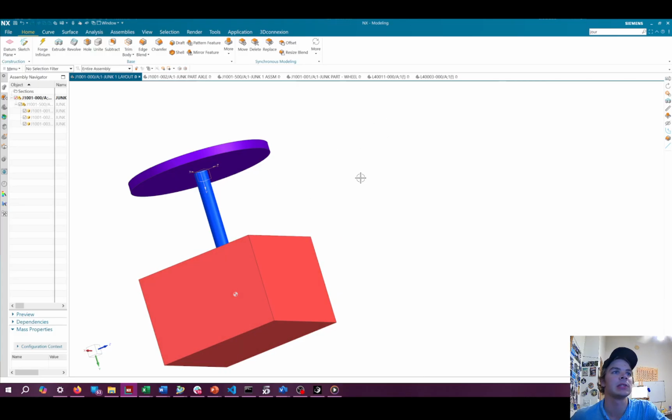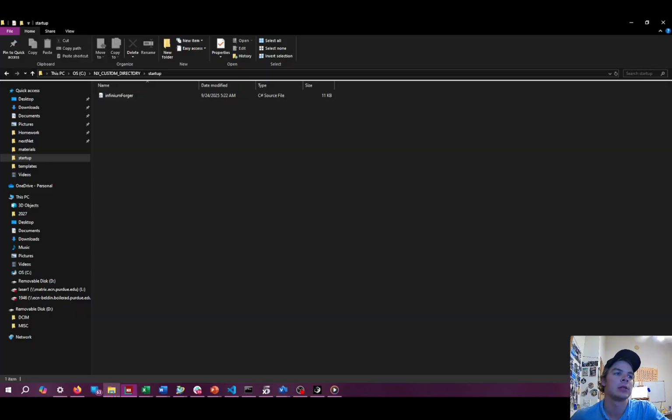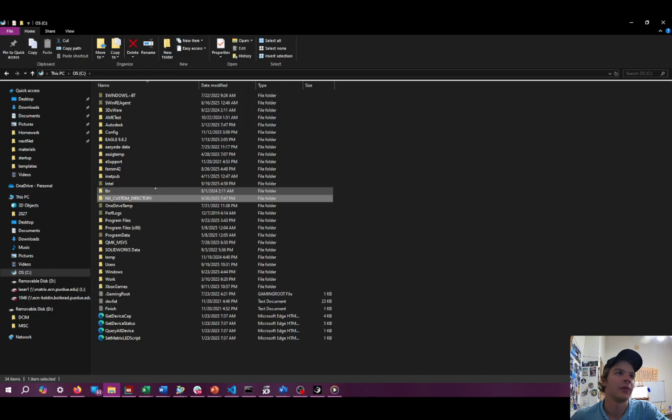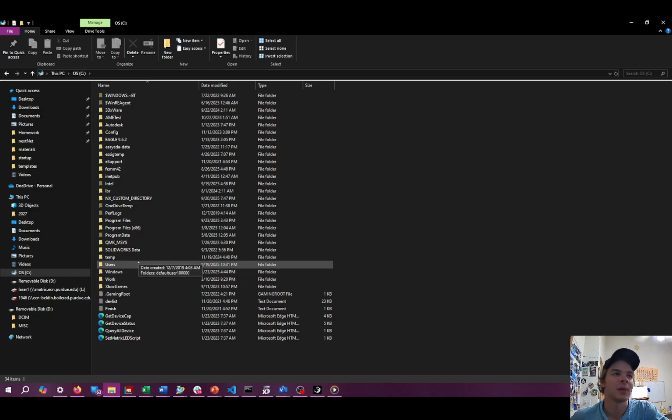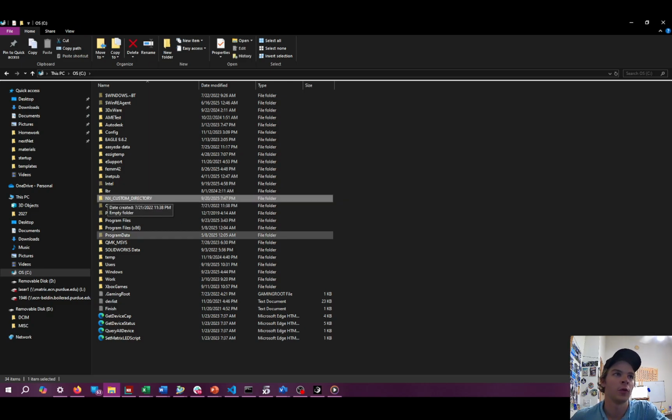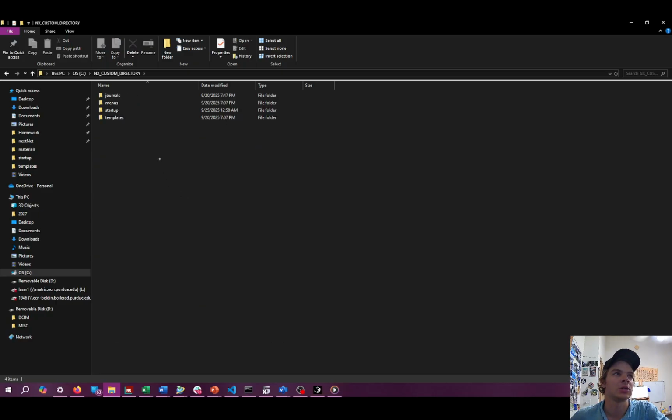The first step is a little bit of maintenance. So open up your File Explorer and go to your OS, and it doesn't really matter where you put this, just find a good place for it. I just slapped it right down here. Make a new folder called nx_custom_directory, all caps. Then once you have that made, go in here and